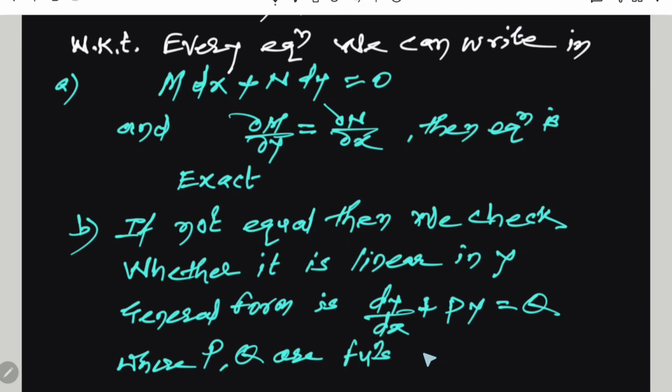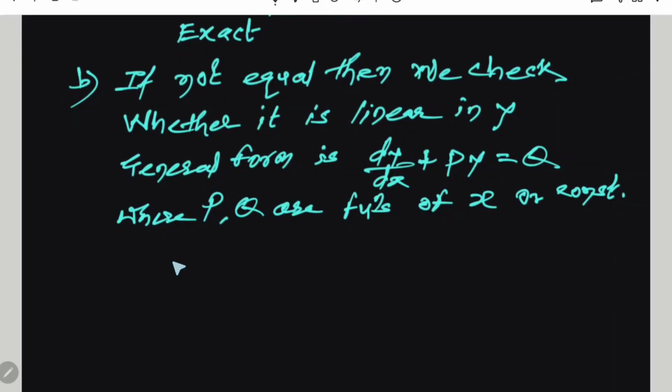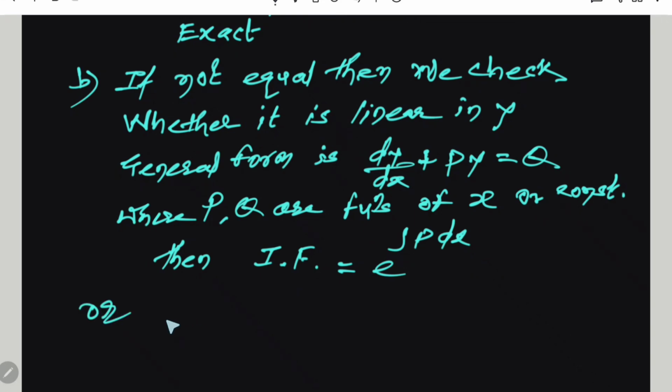And after deciding that it is linear in y, the next step is to obtain the value of the integrating factor or multiplying factor. That is called IF, and it is obtained by e raised to integration of P with respect to x. Integrate that term P with respect to x. This is the important step. Or sometimes we have, if the equation is linear in x,